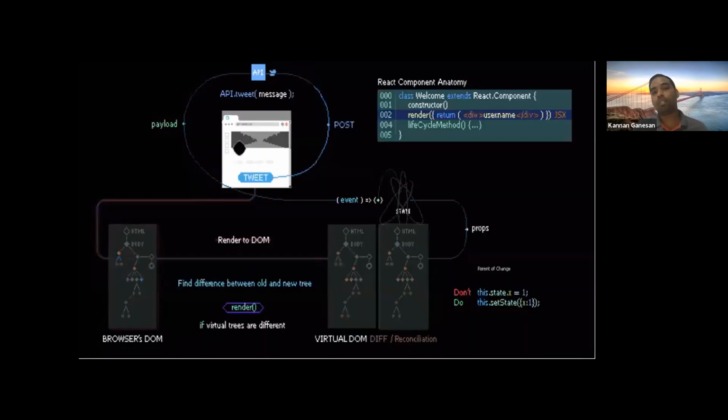This is a visual representation of how React is executing. When a tweet happens, the payload will flow and it will come to the